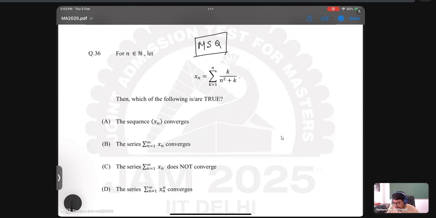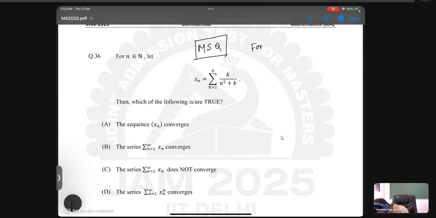Now, this is a very good question, I think, because it is a conceptual question. You have to understand it in the exam, and it will be difficult if you don't know some basic inequalities or some basic concepts in inequalities. So today we're going to see and solve this question. First, try to see that